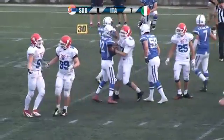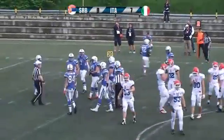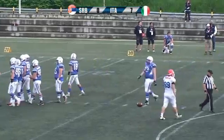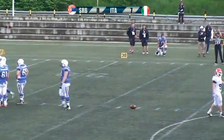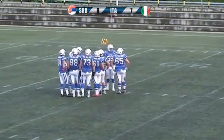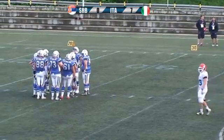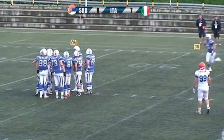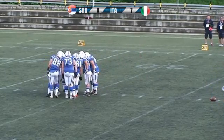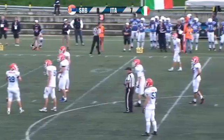Now the quarterback for Team Italy is Platter, number 12, Alexander, coming from the Giants, Bolzano. He ran the ball on his own for a couple of yards gain to a situation that is a 3rd and 16 probably, while the starting quarterback number 16 Riccardo Crosta is back in his huddle